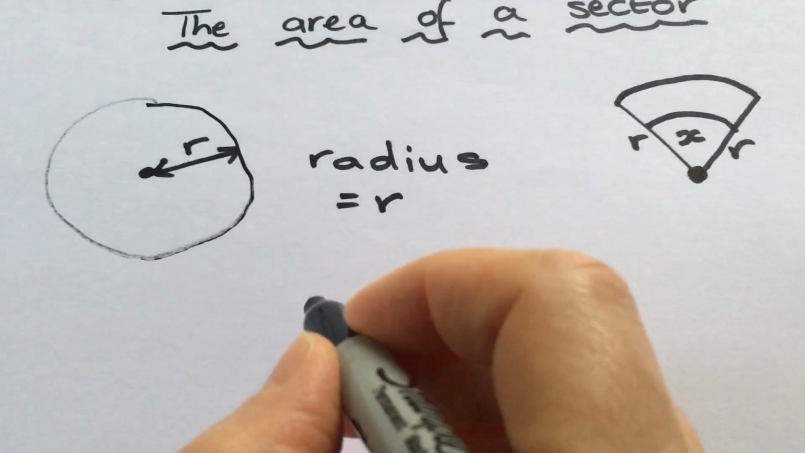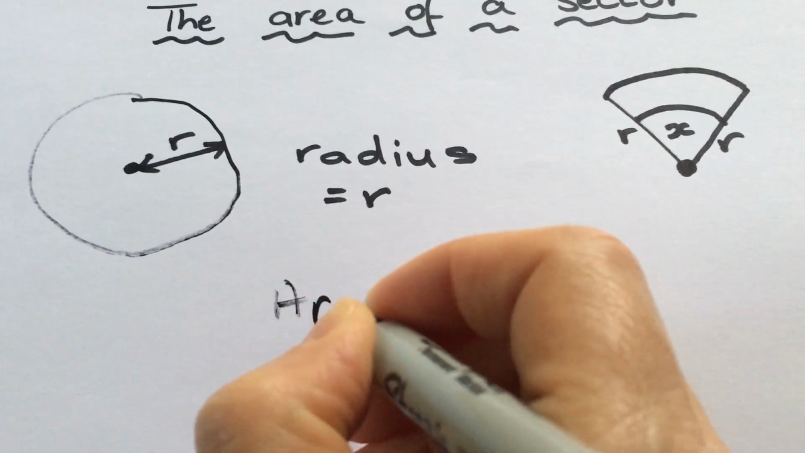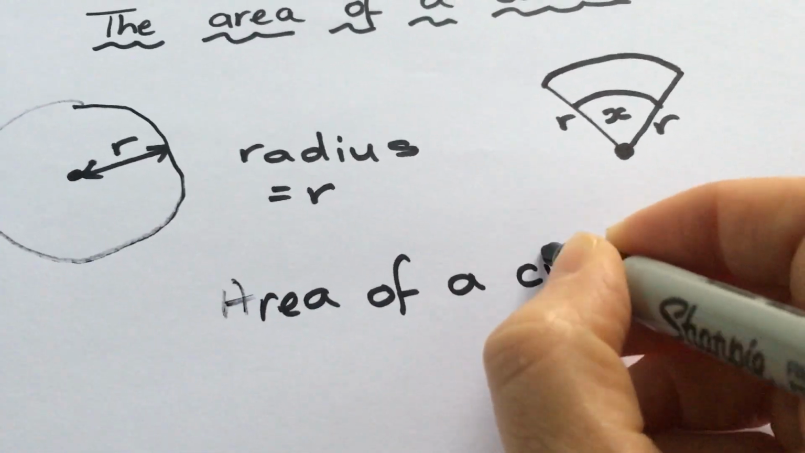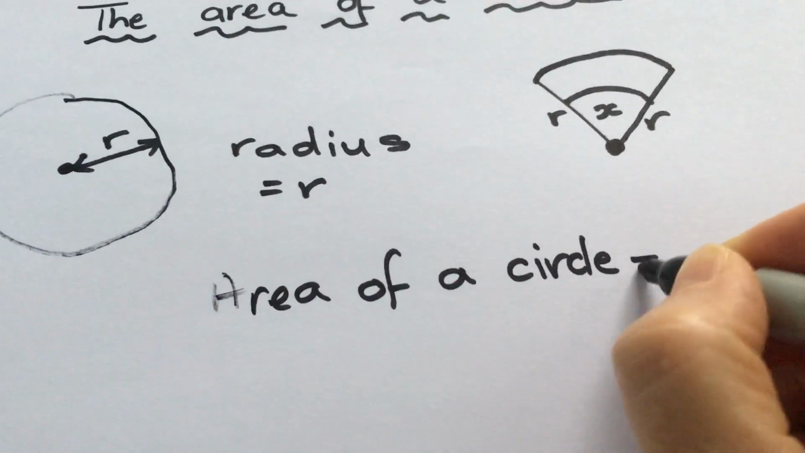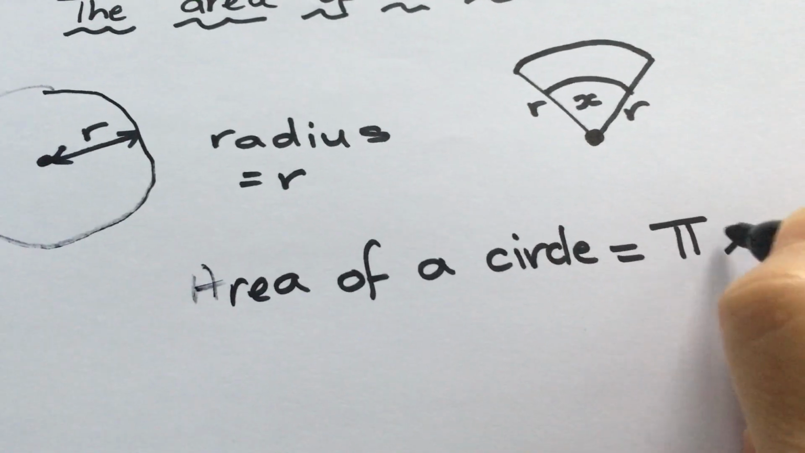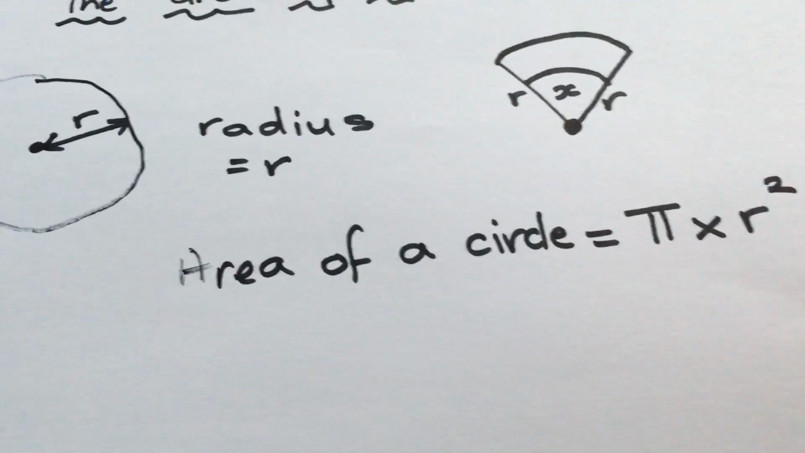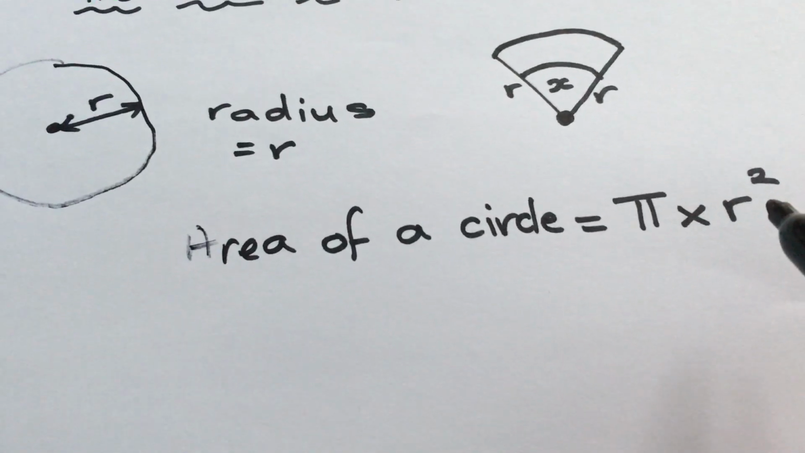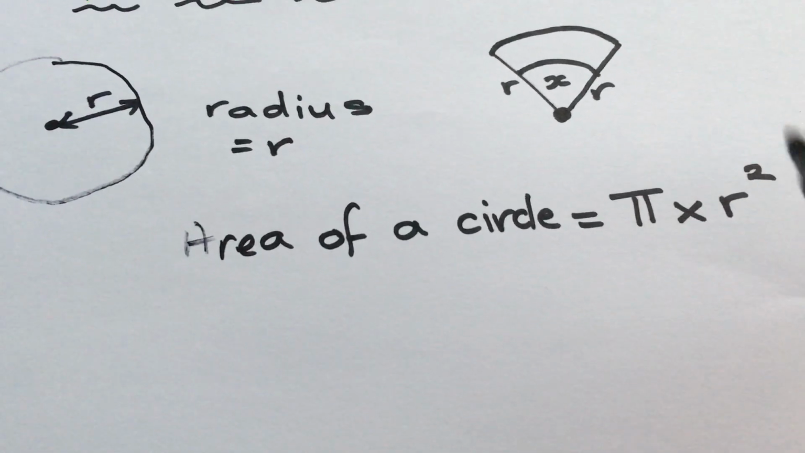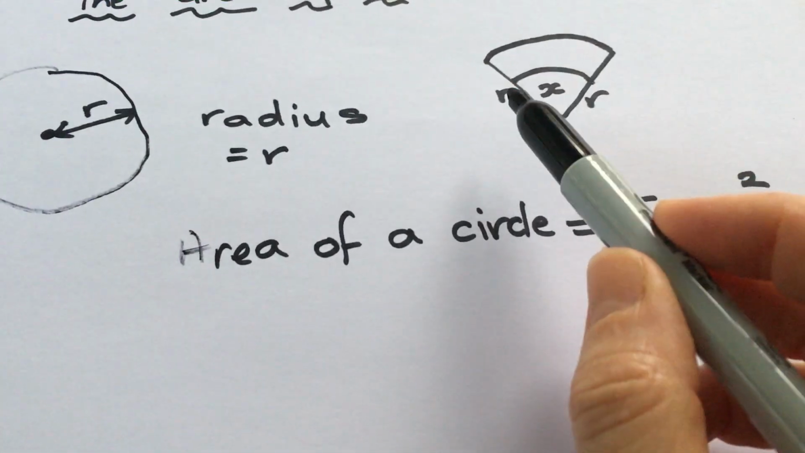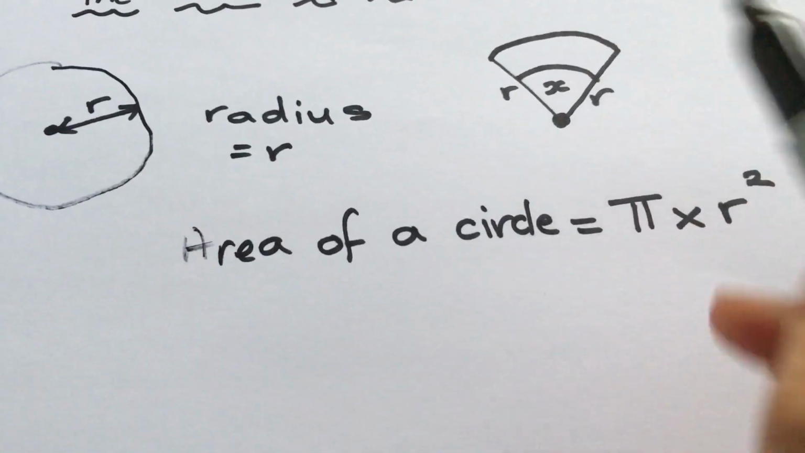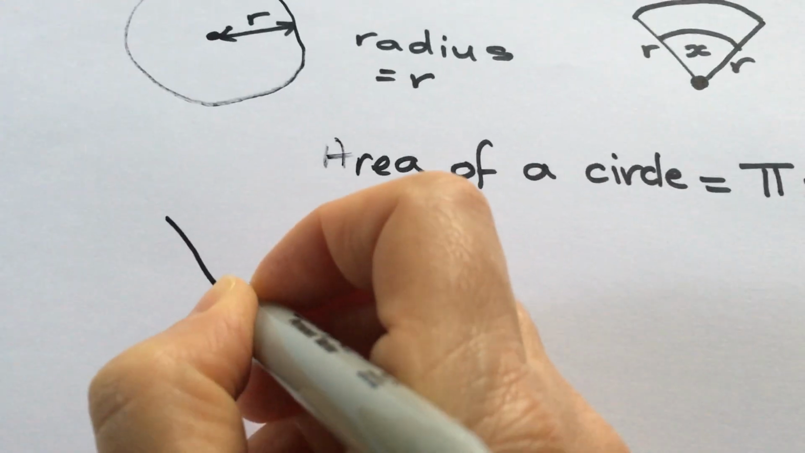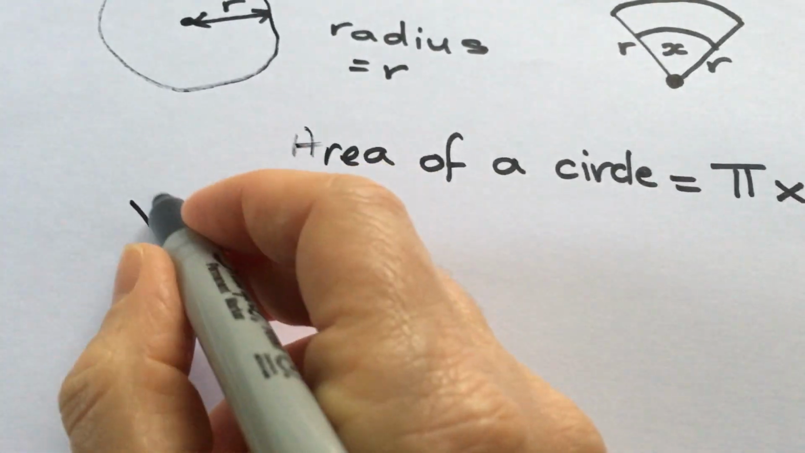Now we know already that the area of a circle is equal to pi times the radius squared. And we are still going to be using that, but it's not a whole circle, so we need to know what fraction of this circle it is. So, to find the area of a sector,